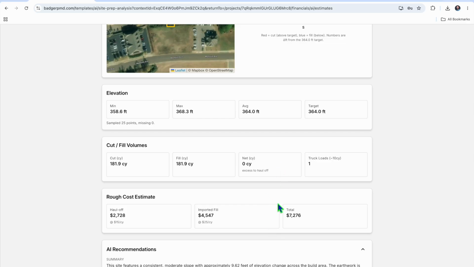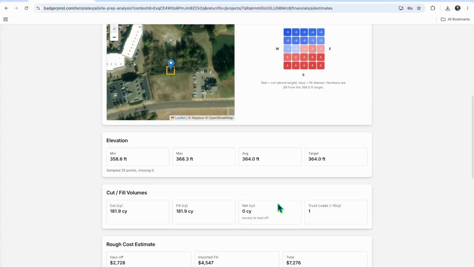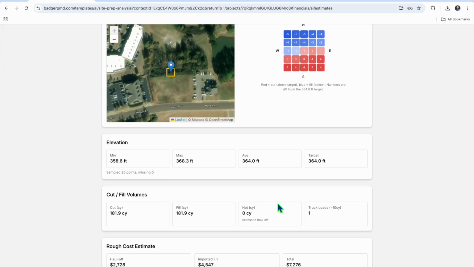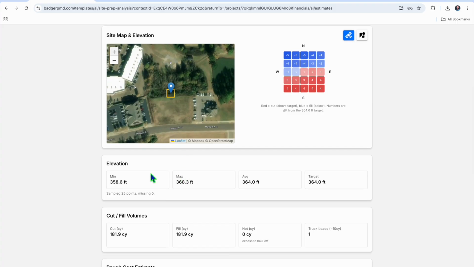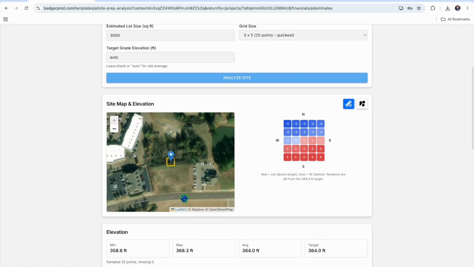Now, this is cool enough as it is, but before we end the video, I want to show you one other thing. We have a max elevation here of 368.3. Okay, so let's say now that we know our elevation above sea level, we're not just trying to level out the grade there using the dirt on site, but let's say that we want to bring everything up to that elevation. So we're going to type in where it says auto, we'll say